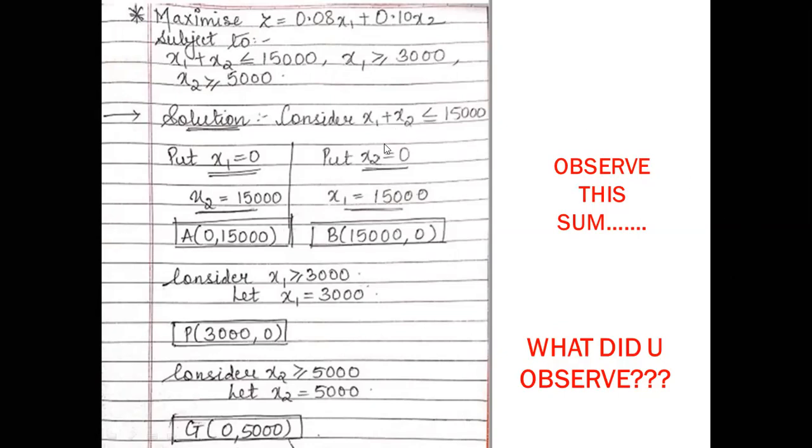All right class, so as you can see, the solving pattern is the same. For the first equation, I have named the coordinates A and B, whereas for x1 and x2, I have named the coordinates P and Q, which are separate from each other. That means I don't have to join them when I make the graph. Okay, so pay attention. So class, this is the way you will get your lines after plotting these coordinates on the graph like this. So you get this type, this is x1 plus x2, this is x1 and this is x2. I've taken 1 centimeter is equal to 3 units.